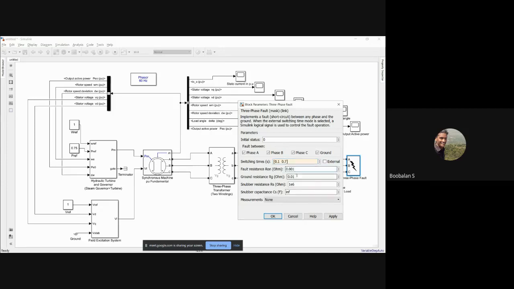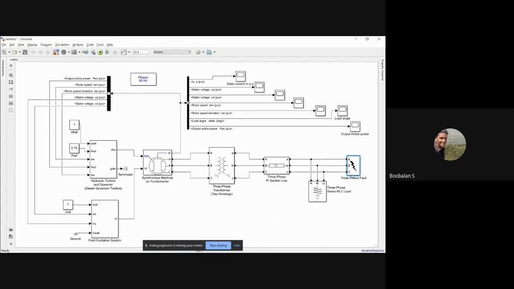So no need to change these parameter values, right? This is example 26. In this particular time period only, the fault is going to be introduced on my transmission line. Between 0.1 second and 0.7 second the load angle is going to change, because the fault is occurring in that period. So definitely during this time the load angle, the torque angle, is going to change.